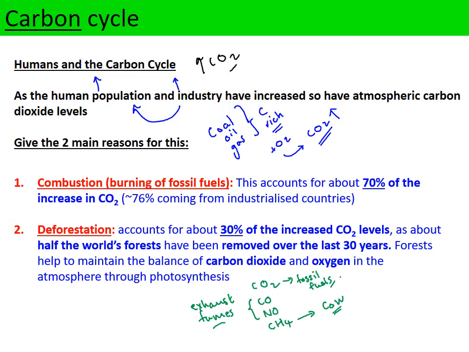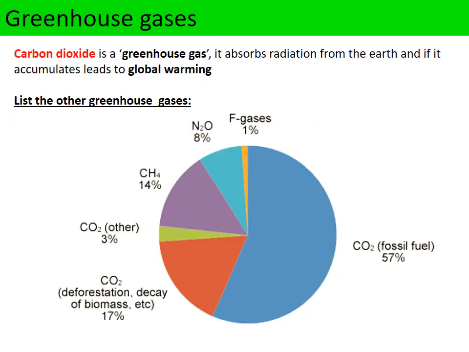So there's some of the main greenhouse gases that can accumulate in the atmosphere, and that can lead to what we know as global warming, and we'll see why very shortly. So this slide just shows us the levels of the different greenhouse gases in the atmosphere. Now, carbon dioxide, as we said,